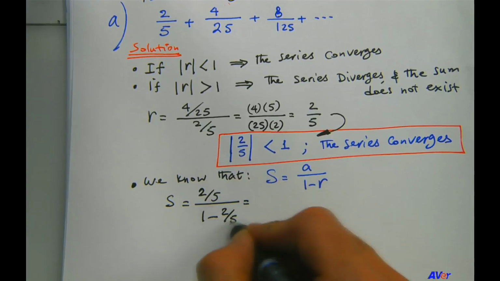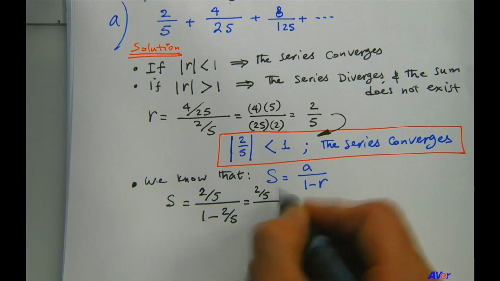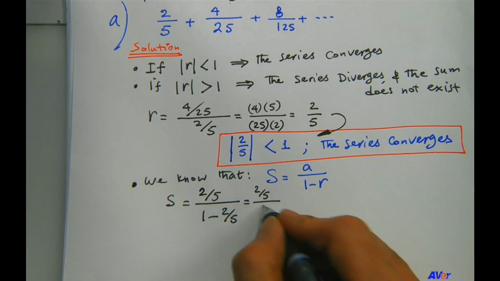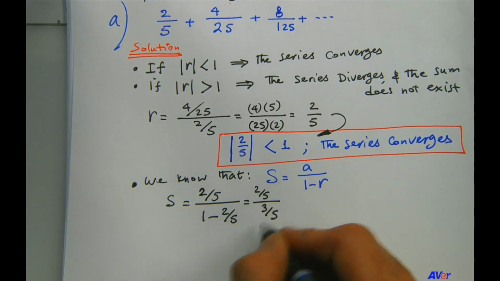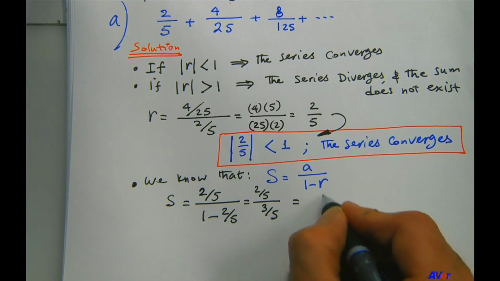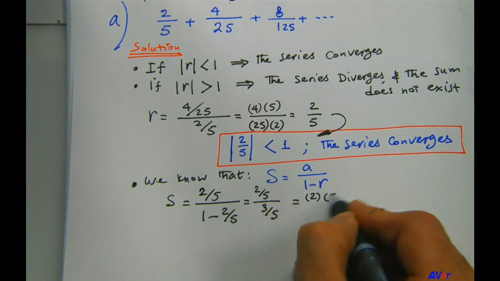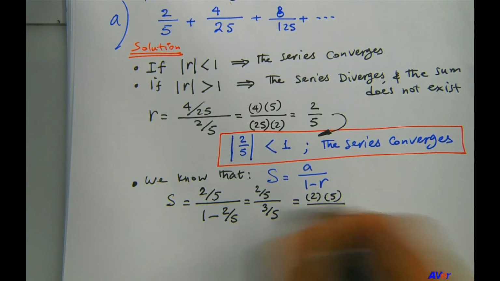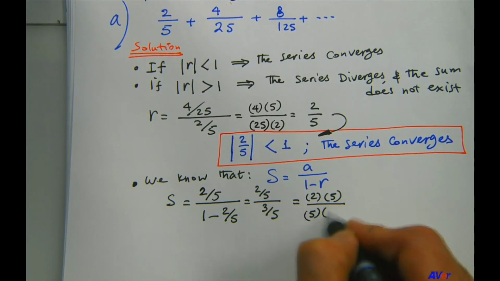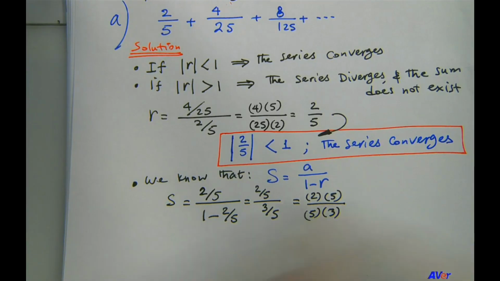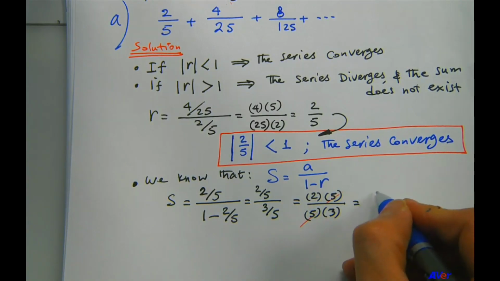Okay, so take the common denominator here. We have 5 minus 2, so that would be 3 over 5. Simplifying this, we get 2 times 5 divided by 5 times 3. The 5 and the 5 cancel out. We get 2/3, right? That's the sum